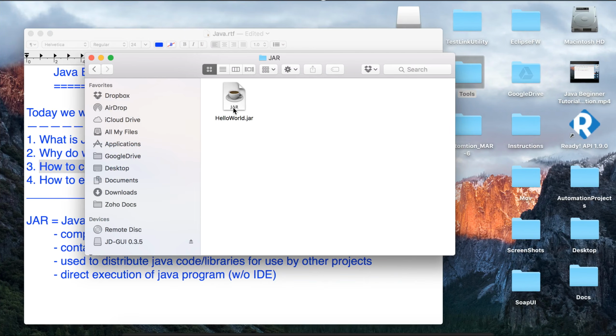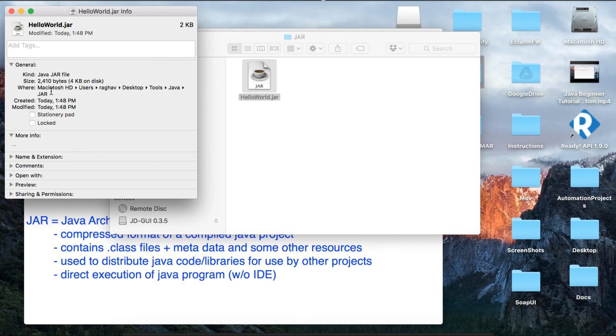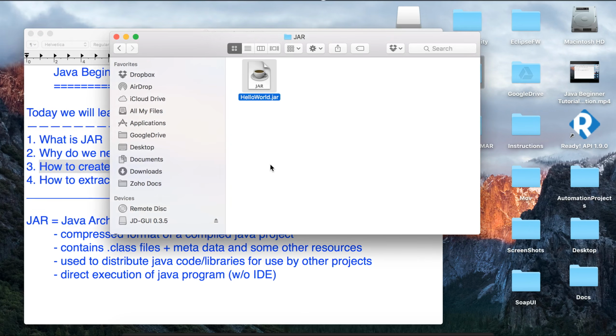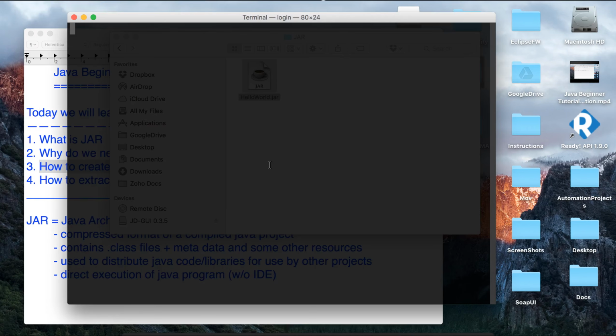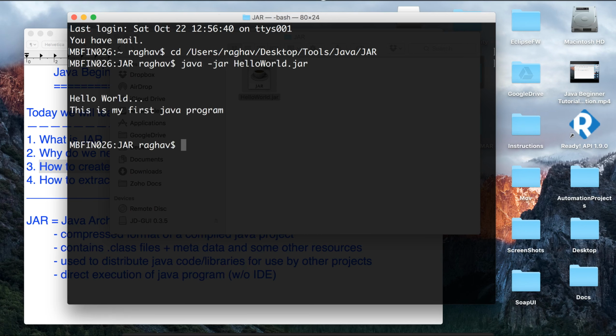Okay, now if I have to execute it, I will go to my command prompt, or the terminal in case of Mac. I'm going to terminal because I am on Mac, and I will go to this location and I will say java space hyphen jar and the name of my jar file, and I will execute, and it has executed my program.